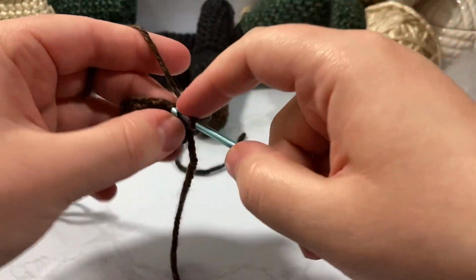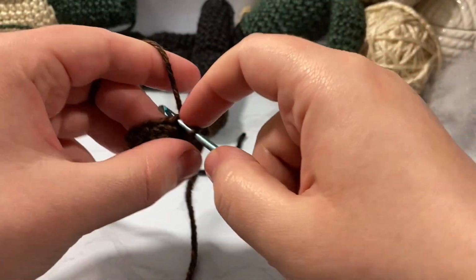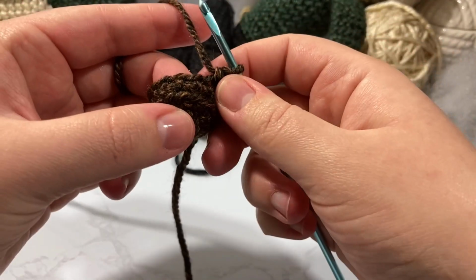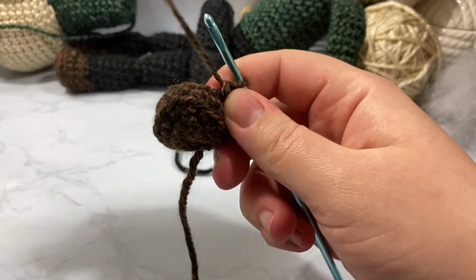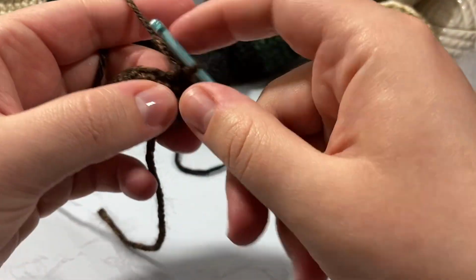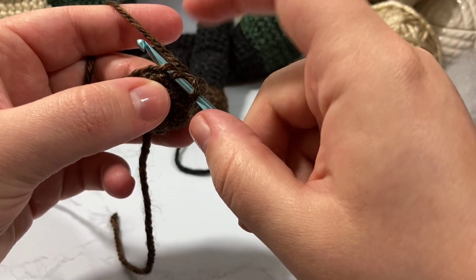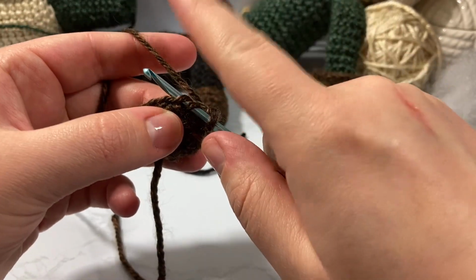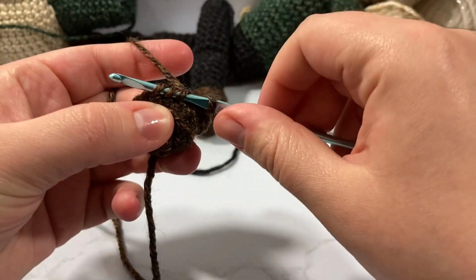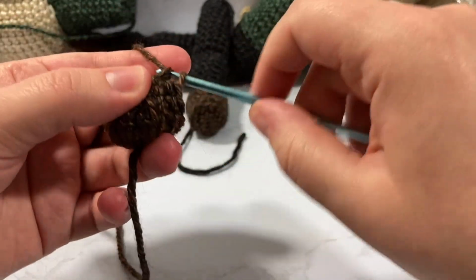So 1, 2, 3, 4, 5, and here is the very front of our shoe, and what I like to do here is you can do a double decrease. The way that I do my decreases is I usually put my hook through the front loops of my work like so, but I want to do a double decrease. This would usually only decrease 1 stitch because we're going to single crochet those 2 together. So I want to go through a 3rd one like so. Then I'm going to wrap my yarn, pull it through all 3 of those loops, and then single crochet like